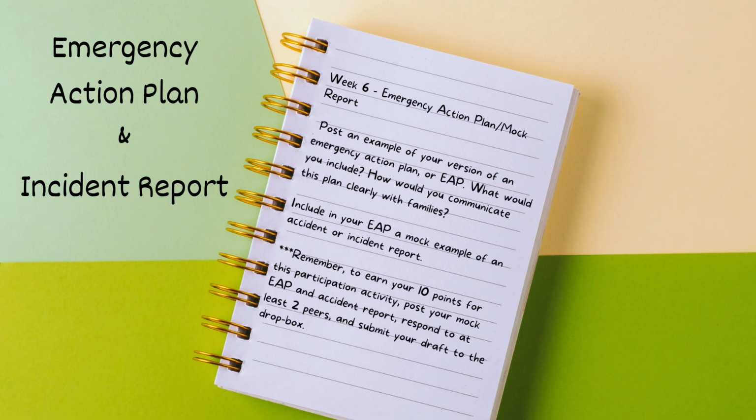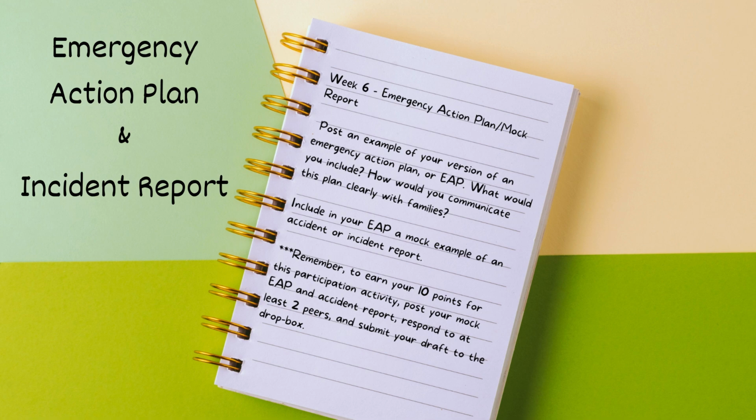You have the second major assignment, which is your emergency action plan and incident report, and this is due in week 6. So you'll post an example of, we're going to call them EAPs, emergency action plan, that includes an incident report. And the EAP should cover various hazards like fire, severe weather, intruders, with evacuation, shelter in place, lockdown procedures, define staff roles, responsibilities, communication strategies to parents and first responders, dispersal of emergency supplies, and protocols for children with special needs. And that's going to ensure regular drills and family coordination for reunification, all those things.